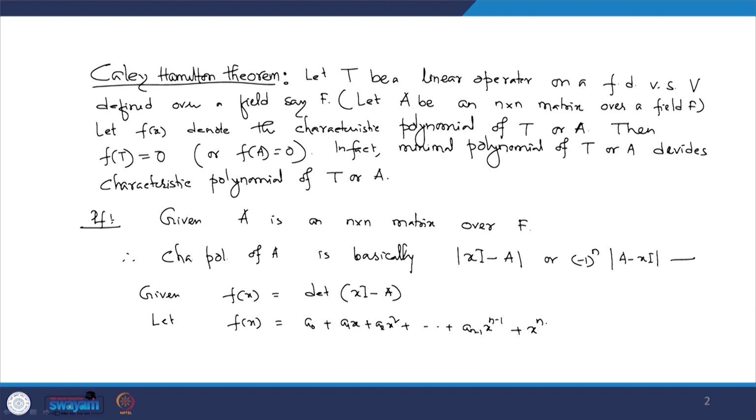So, the coefficient of the highest power must be equal to 1. So, that is why f(x) is of this structure. If you recall the definition or some property of the adjoint matrix, let